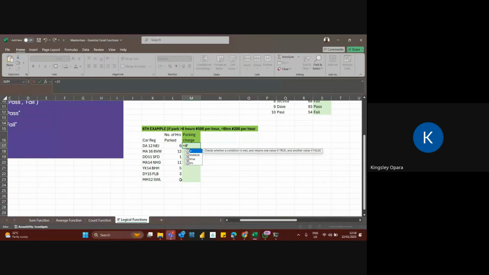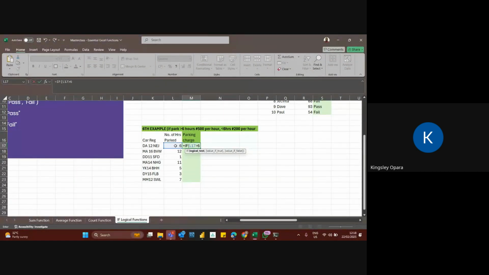This time around, we don't need OR, we don't need AND, we don't need all of those things. It's a simple IF logical function. So let's open our bracket and say IF the number of hours, the first number of hours here, greater than 6.